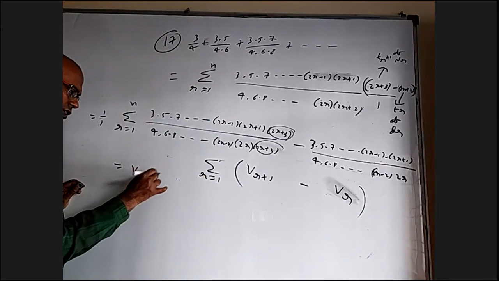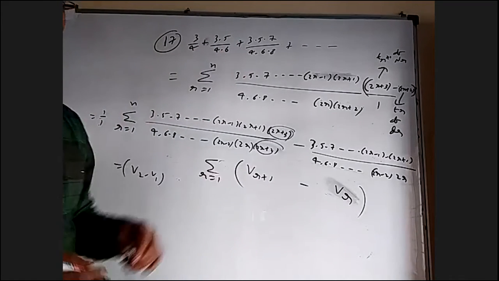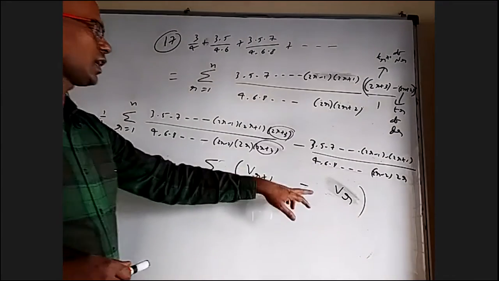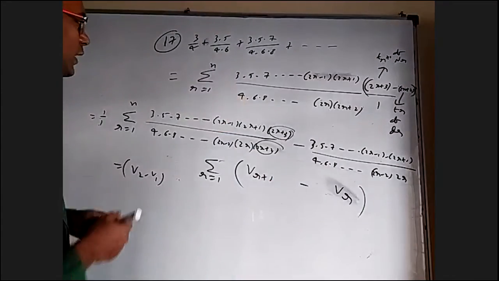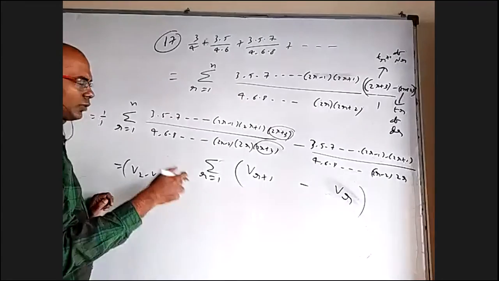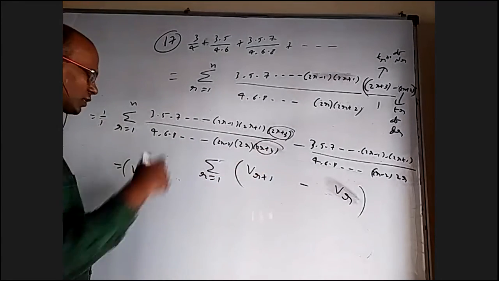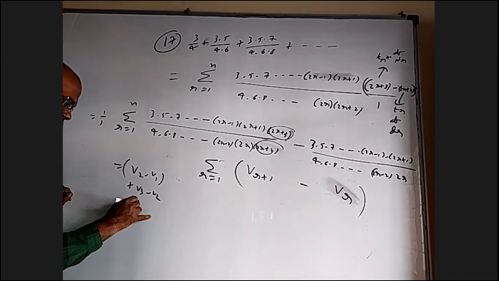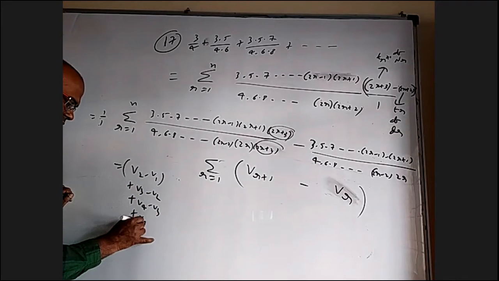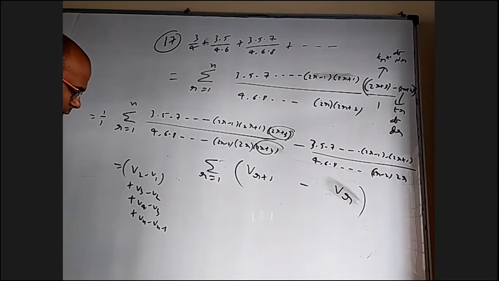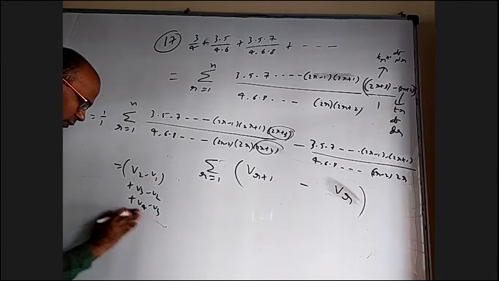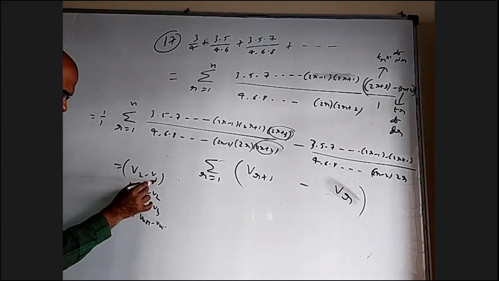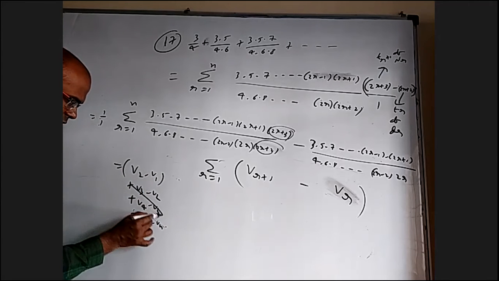This is v2 minus v1 for r equal to 1. When can we write it or not? We have to check that, because vr is not defined. For example, only v1 I cannot write; only T1 I cannot write as a difference. So I think I should start with the next one. V2 minus v1 plus v3 minus v2 plus v4 minus v3, finally vn minus vn minus 1. Sorry, vn plus 1 minus vn. I will not cancel all of this. I will only cancel from v3 onwards.